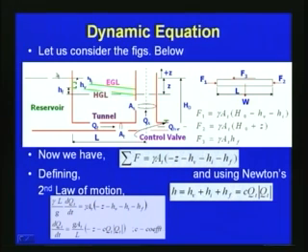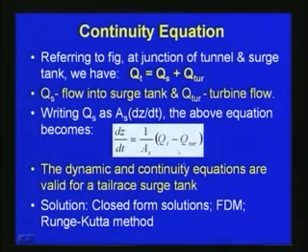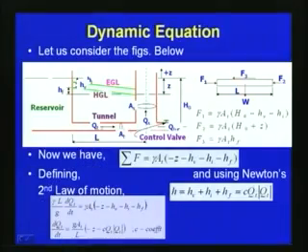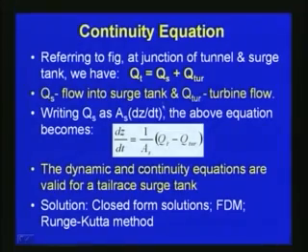If this is the datum here, this Z is represented here. So, now all the parameters are defined here. So, we get this as the relationship for the dynamic equation with respect to the surge tank here, and then the continuity equation we can simply write: the total discharge through the tunnel QT is equal to Q what is